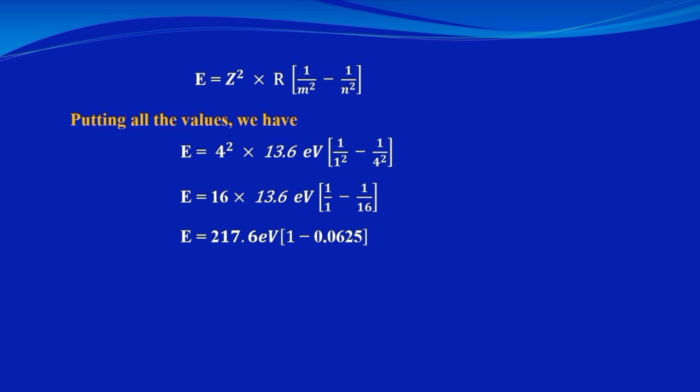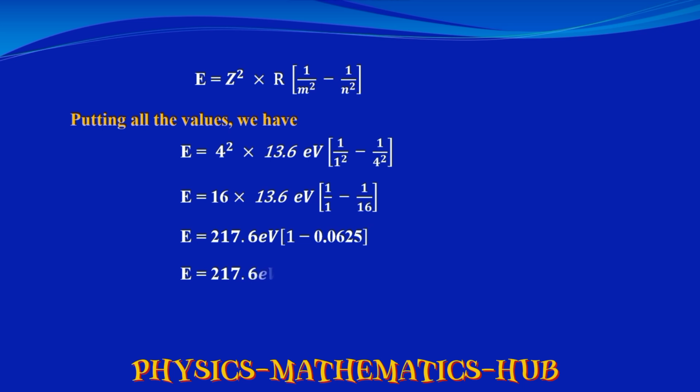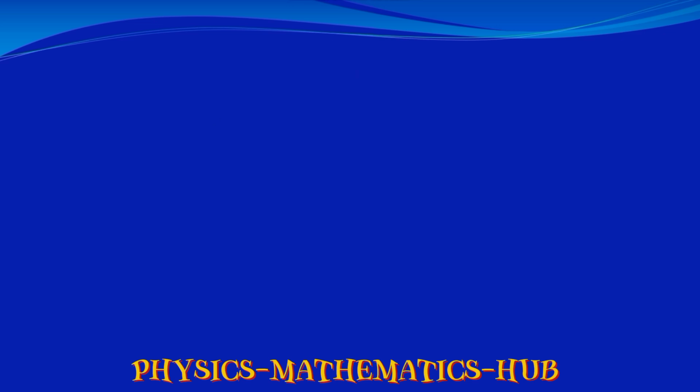Multiplying 16 with 13.6, we get 217.6 electron volt, and 1 minus 0.0625. Further simplification gives E = 217.6 electron volt × 0.9375. Finding the product, we get E = 204 electron volt,